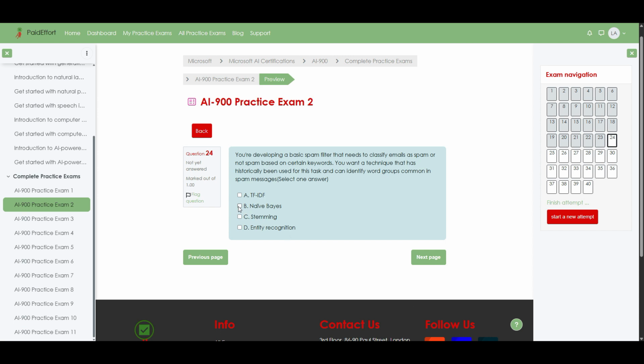The correct answer is naive Bayes. This is a classic statistical model that has been widely used for spam filtering. It works by analyzing the frequency of words in spam versus non-spam emails, and then calculating the probability that a message belongs to a particular class, spam or not, based on those word patterns. For example, if words like free, winner, or click appear frequently in spam emails, the model learns to associate those